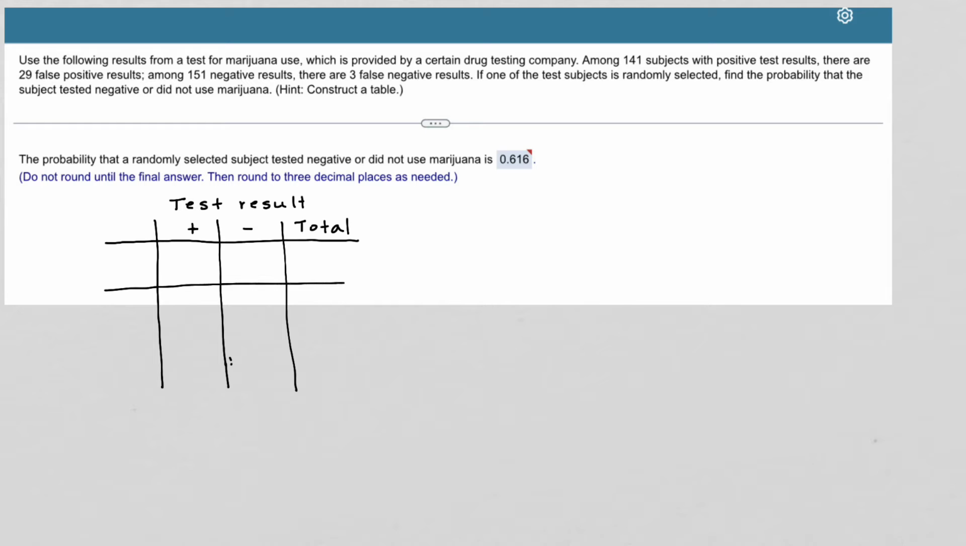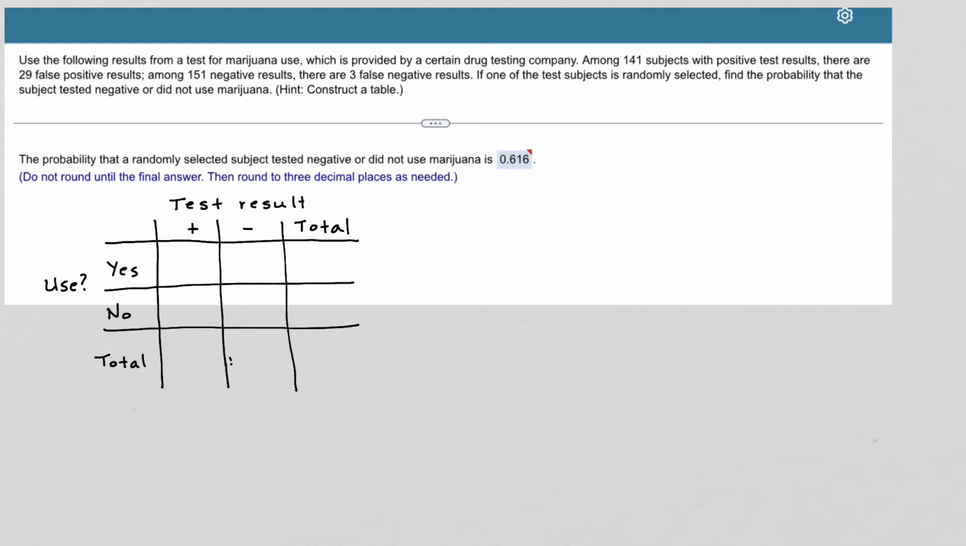And then we're going to have whether the person was using marijuana, yes or no. And then we have a total for those columns. Okay, so